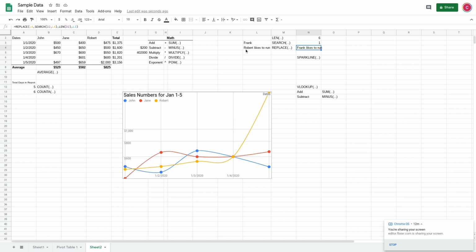without having to do any counting, any searching where we have to do, let's see, Robert starts at 1, 2, 3, and we don't have to figure out the length of the text. This is probably the best way to do replace if you don't want to get into the more advanced formulas. Now, if you want some extra credit, we can also do regex replace,